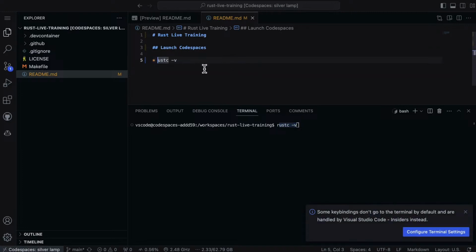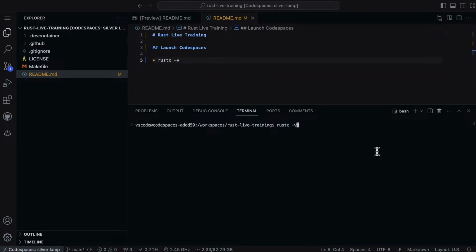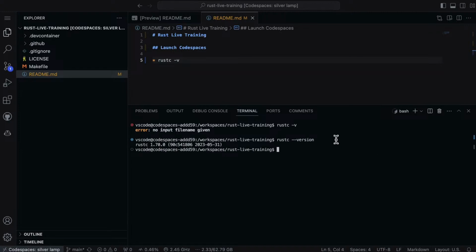We'll do this, rustc --version. There we go. And we see that Rust is actually working. There we go. Perfect. Now, there are other ways that you can actually install Rust, and I'll show you a